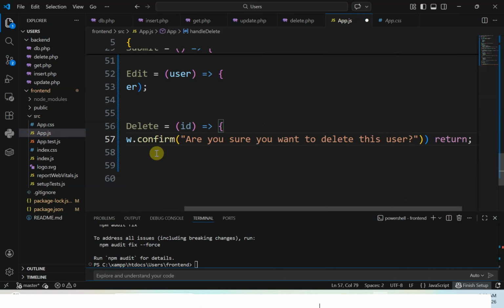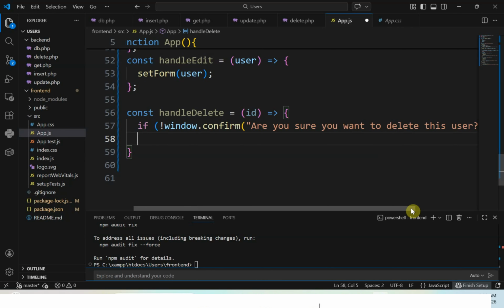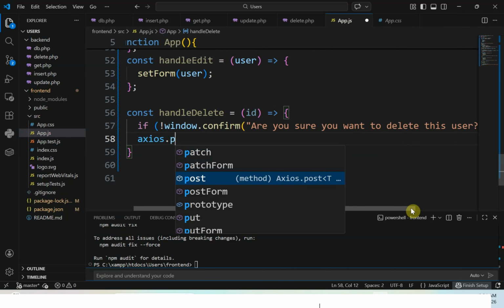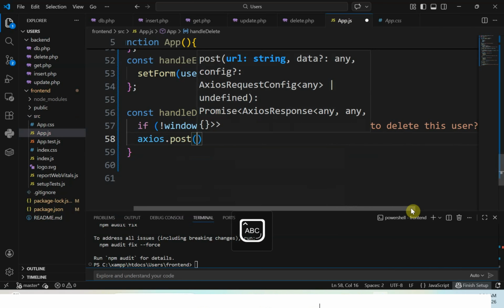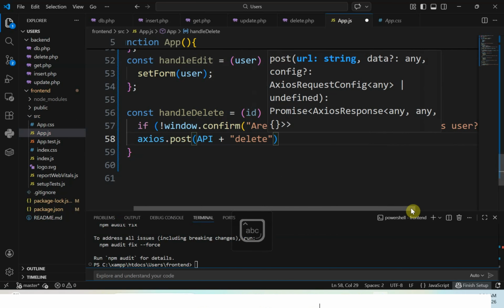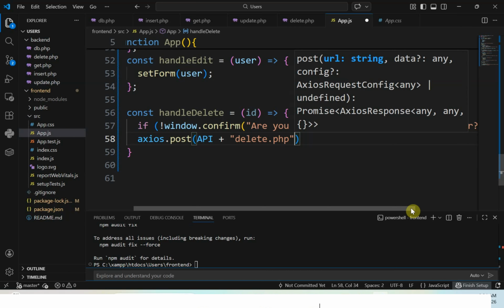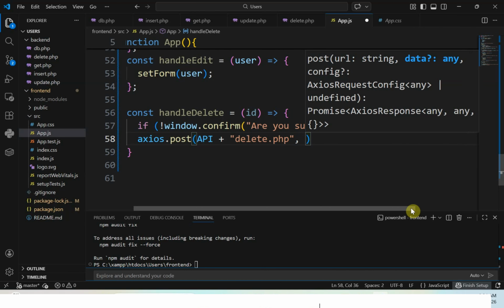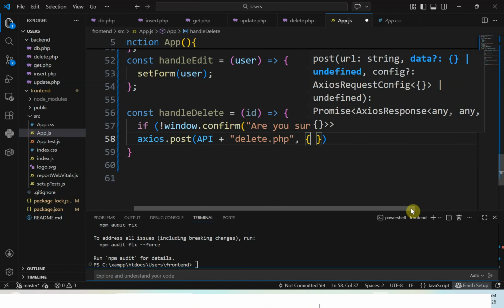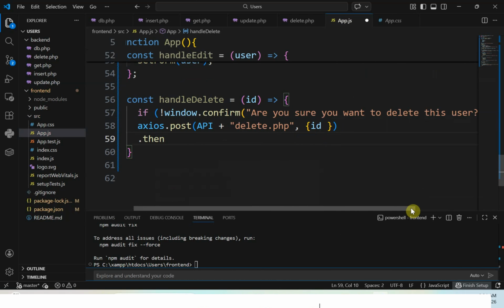So now you go with the Axios post and use the API path to delete.php. So after that, then